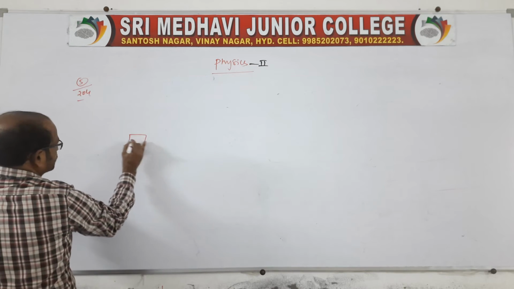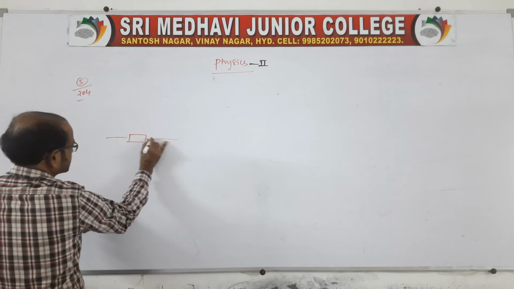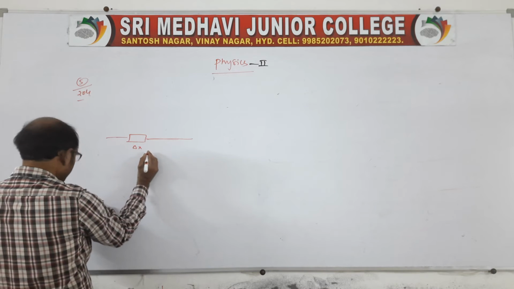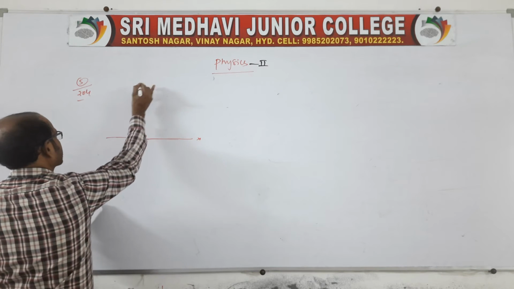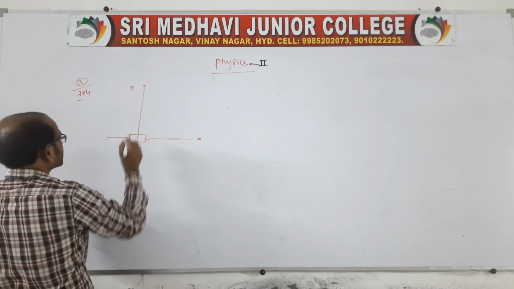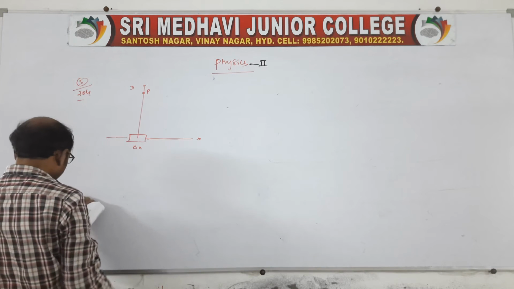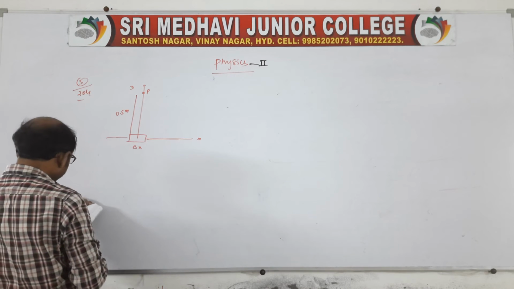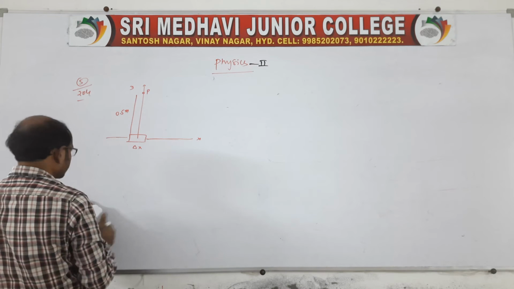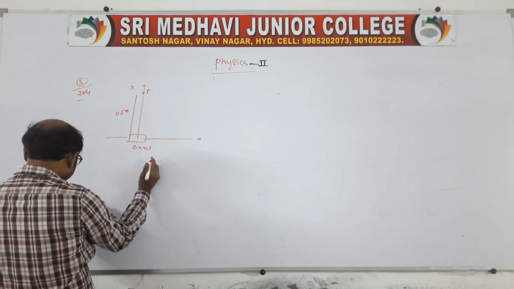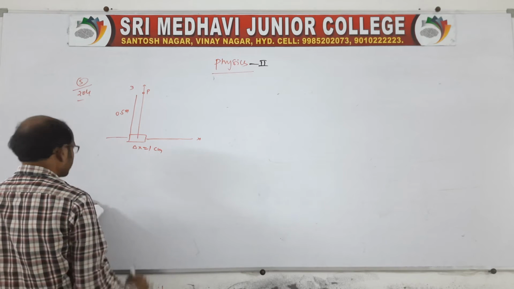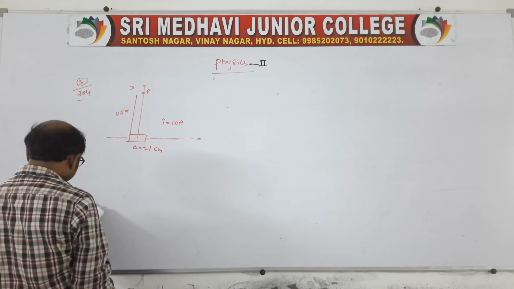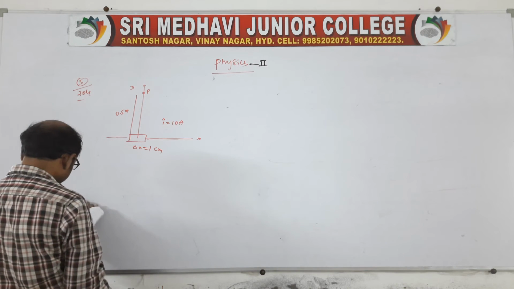See, there is one small length which is on the x-axis. You draw it as it is, whatever is given, delta x the length, and it is on the x-axis. It is asking on the y-axis, so take the point as P, and this point is located 0.5 meter away, given like this. And here delta L is equal to delta x, given as I think 1 centimeter, and the current carried is 10 ampere.